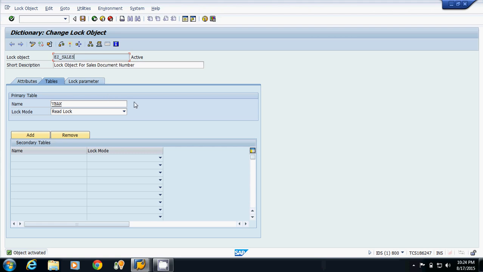Now we have another important concept. Whenever we are creating a lock object, two function modules will be automatically generated.